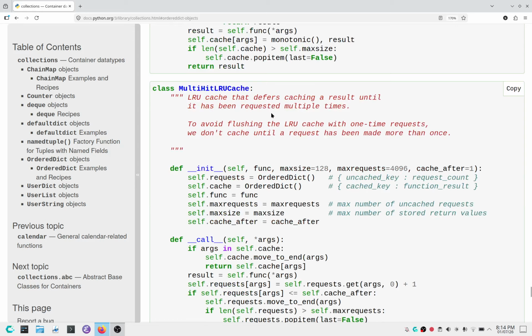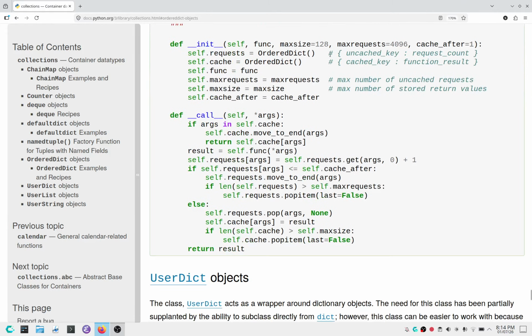and return the result. Then similarly, you have multi-hit LRU cache that defers caching the result until it has been requested multiple times. To avoid flushing the LRU cache with one-time requests, we don't cache until a request has been made more than once. So here, max size 128, max request is 4098, and cache after 1. So like previous